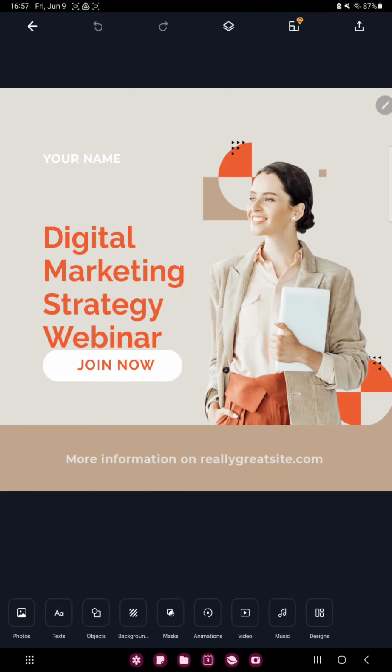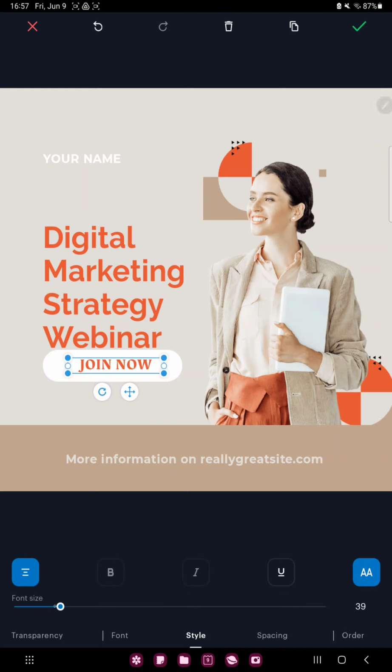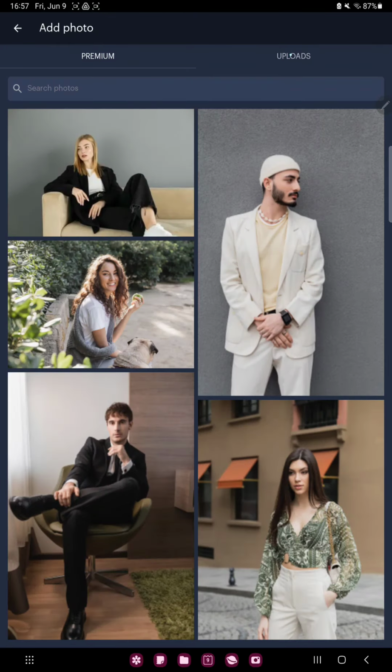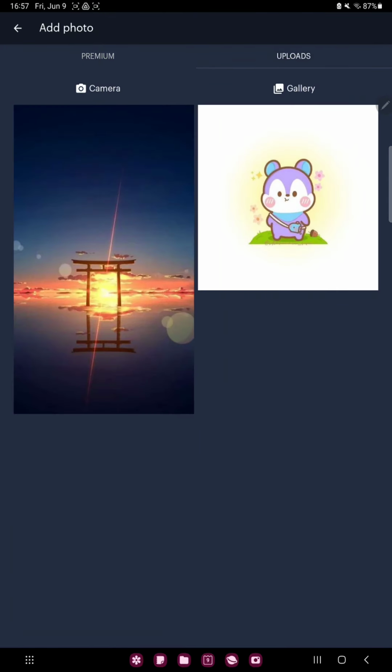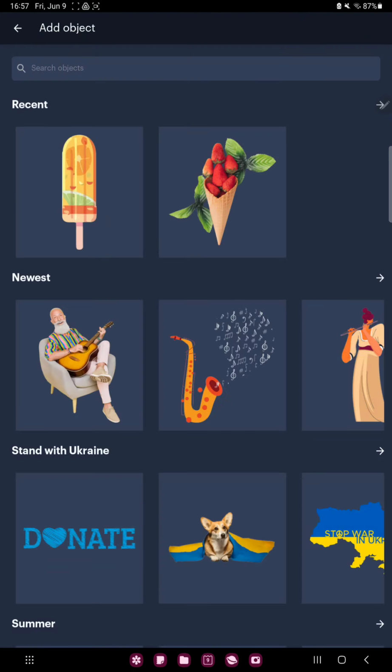If you want to change the text, just click the text box. You can delete this text, and in the font section you can select another font type, and in the style section, for example, you can edit the size of your text. In the photo section you can search different images, and in the upload section you can upload photos from your gallery. In the object section you can find